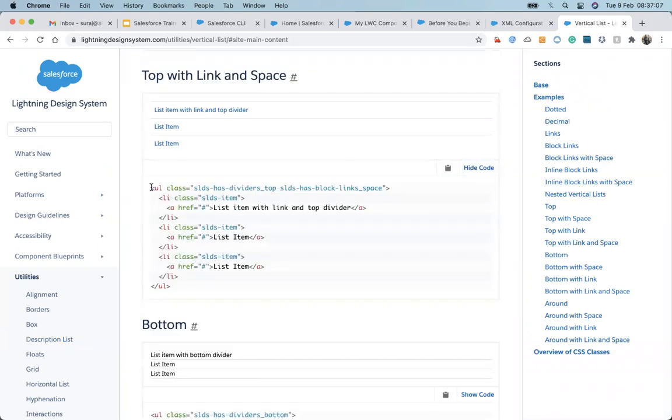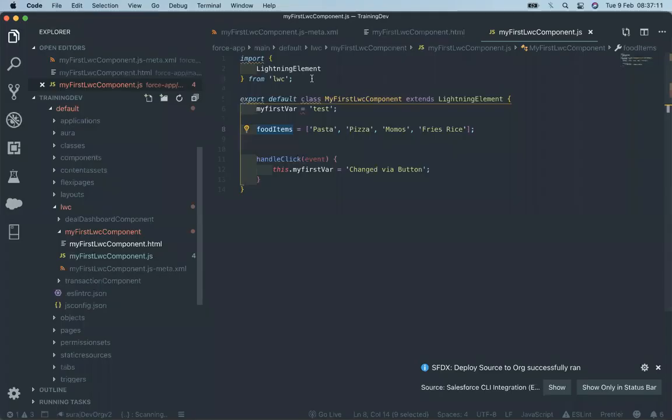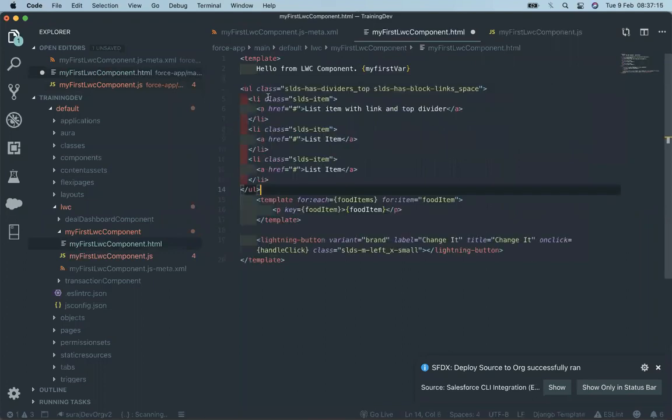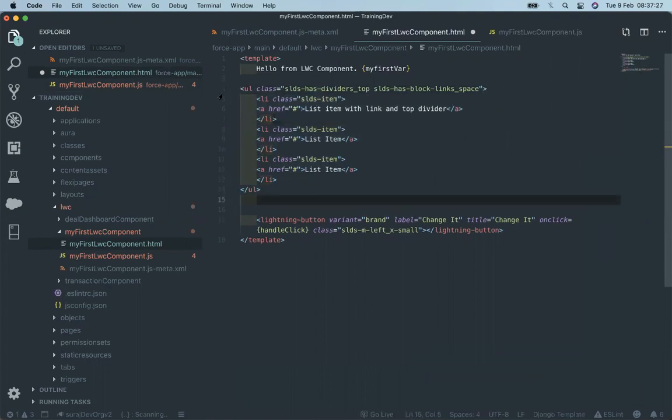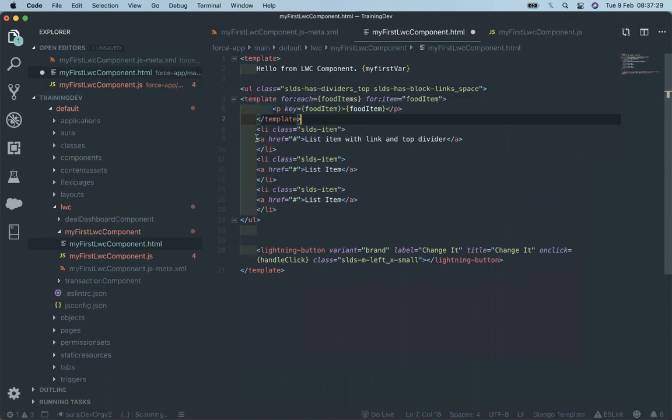Let's copy this one and work. Let's have a look at how it's working with this component. I copy and paste up here, and then when I do that, I need to make some changes. So let's copy the template from here, just paste it here. It's just the same concept that we have already worked on.